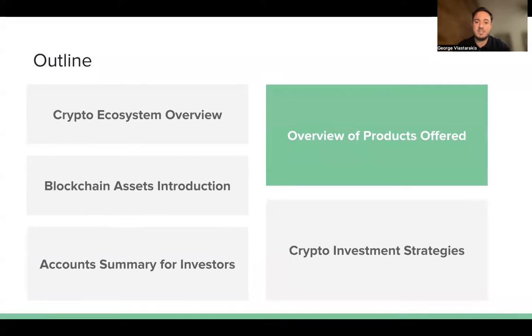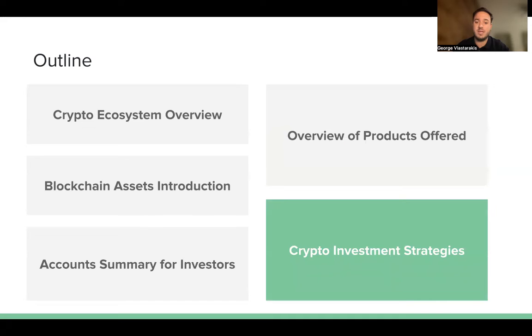The goal of this analysis is to introduce the different investment products currently offered in the space and the dynamic ways through which different platforms correspond to each other. We will explore these through some specific examples and look at some platforms and their products and how investors can use them.